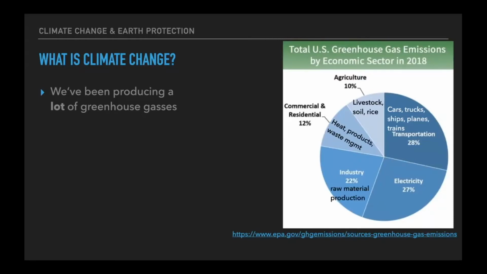When we talk about industry, which is a major component, we're primarily talking about the burning of fossil fuels to produce raw materials. These are things like making plywood, for example, which will take a certain amount of greenhouse gas. So producing the things that we use to build, let alone production, are going to be contributing. And then also electricity. This is really looking at our electricity providers. A lot of our providers, especially in Colorado, have a lot of coal-based energy sources. And so this is another big area of production of greenhouse gases.